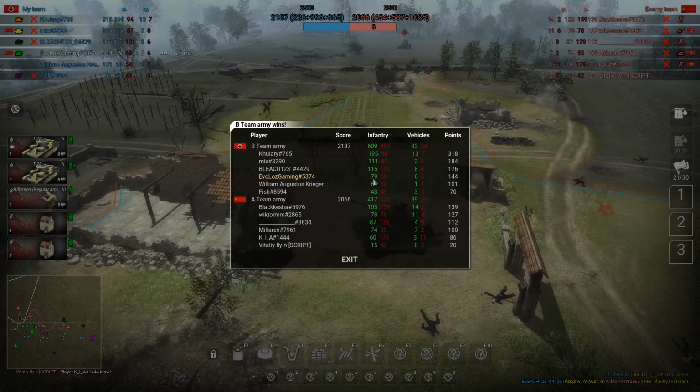How did we do? Not amazingly. 79 infantry kills for 68 infantry deaths, and 6 for 6 on the tank front. Didn't do great, but we could have done worse. For example, the best person on the other team did 103 for 159, but did get 14 vehicle kills for 2. So a bit of a mixed bag. Looks like we had a really good player on our team though. We've got a ton of infantry and vehicle kills, so good job to him for helping me carry my noob